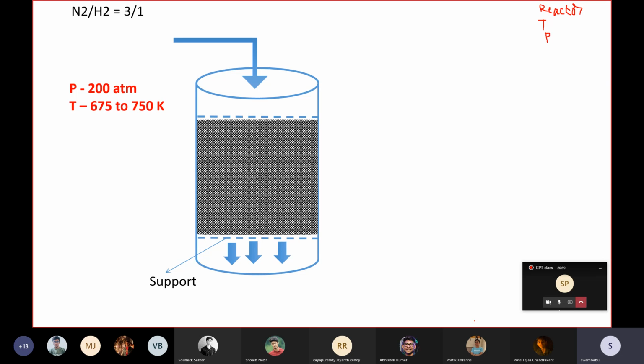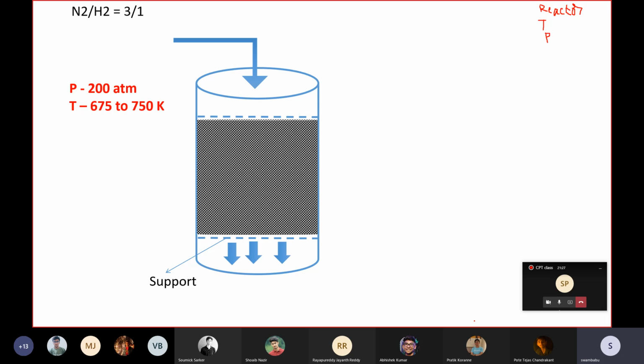The reaction is carried out at this pressure and this temperature. How do we ensure these conditions in the reactor? By supplying reactants at these conditions. Especially for pressure, if we supply the reactant at that pressure, it will be maintained in the